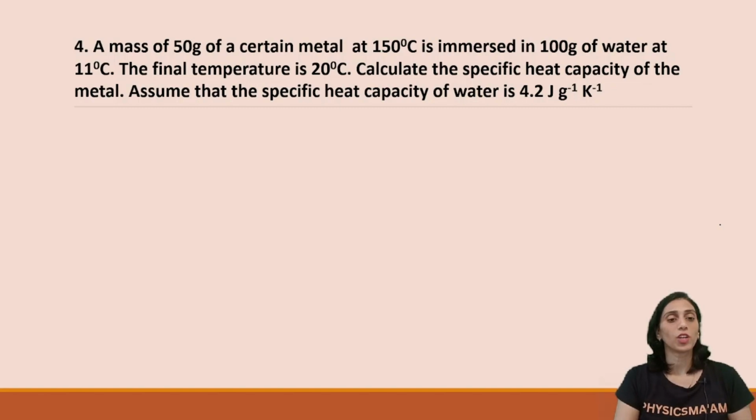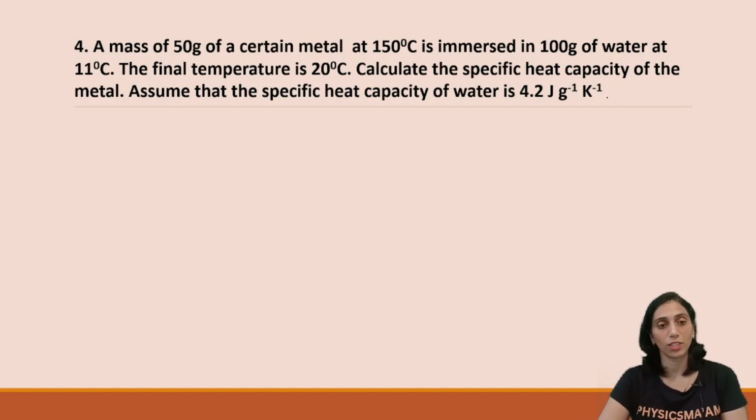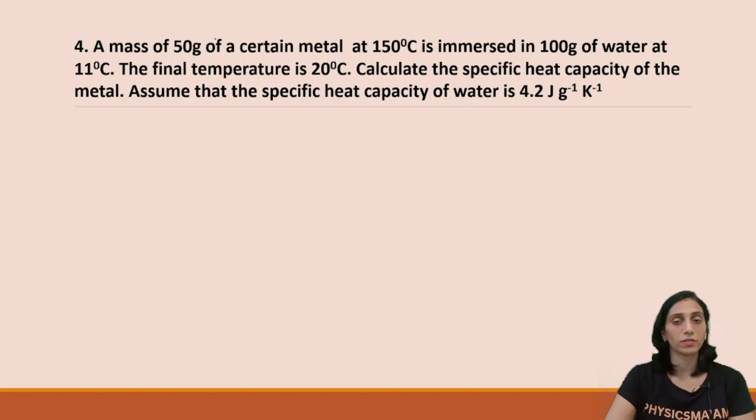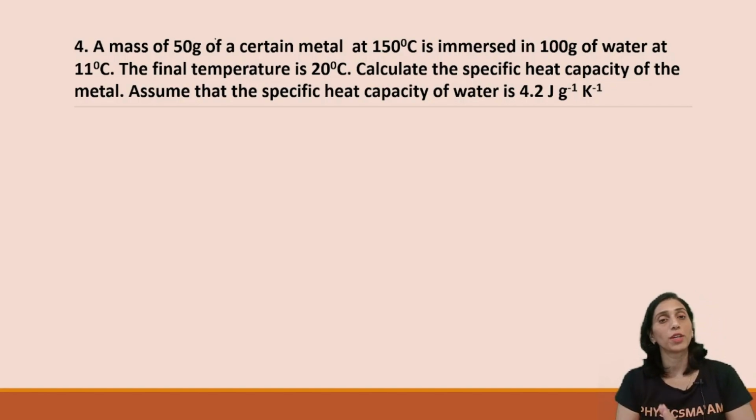Now, a mass of 50 gram of certain metal at 150 degrees Celsius is immersed in 100 gram of water at 11 degrees Celsius. The final temperature is 20 degrees. Calculate the specific heat capacity of the metal and assume the specific heat capacity of water as 4.2 joules per gram per Kelvin. Now, if you observe, this is a question of method of mixture and हम इसमें use करेंगे